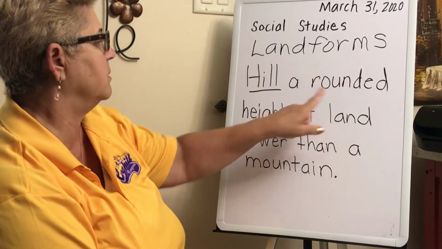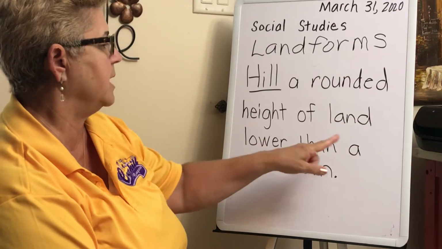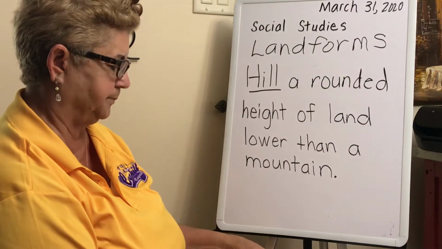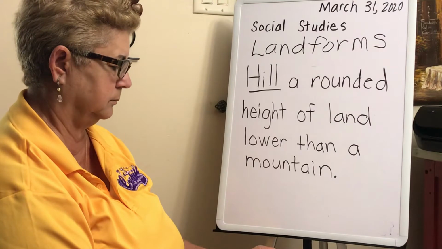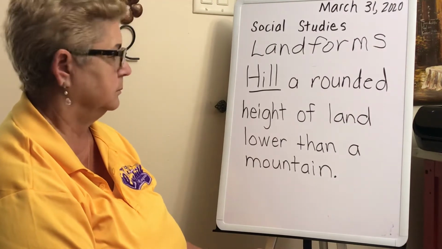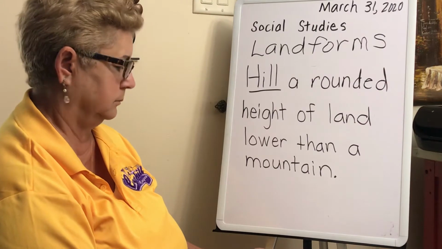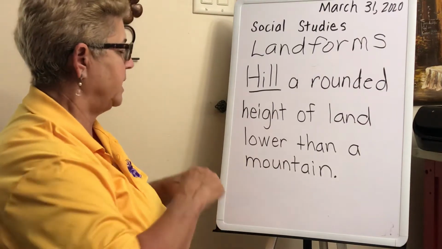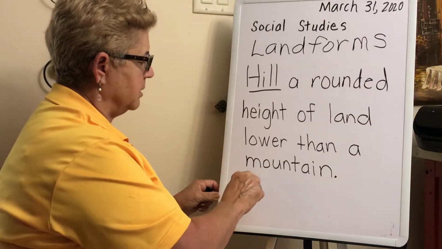Hill, a rounded height of land lower than a mountain. And then let me see if I can put mountain down here. I should have written it a little smaller. Mountain